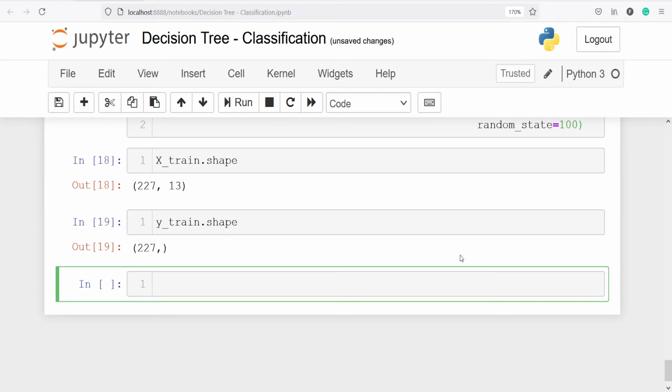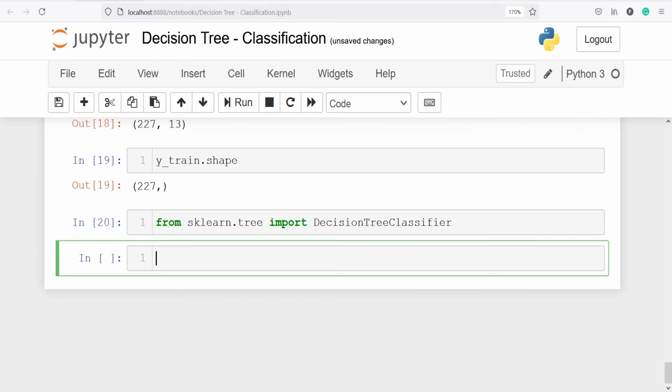Now we will initialize the decision tree classifier: from sklearn.tree import DecisionTreeClassifier. Let's execute our code. I'll make an object of the decision tree classifier, so I'll write clf. This is going to be the object of the decision tree classifier. Now I will call the class DecisionTreeClassifier. Inside this I will pass some parameters. The first parameter is criterion. This is going to be gini.